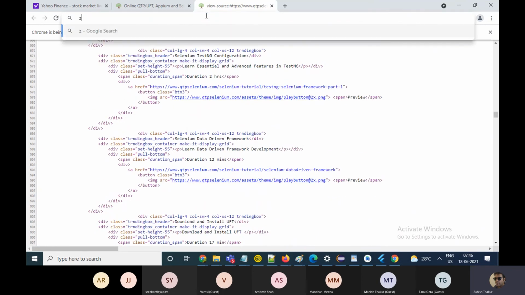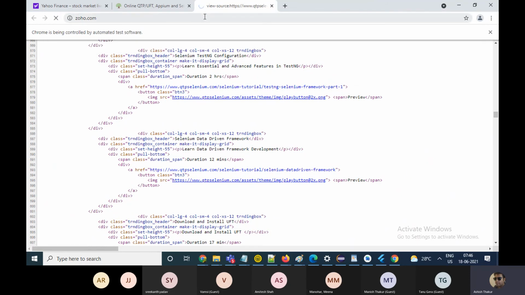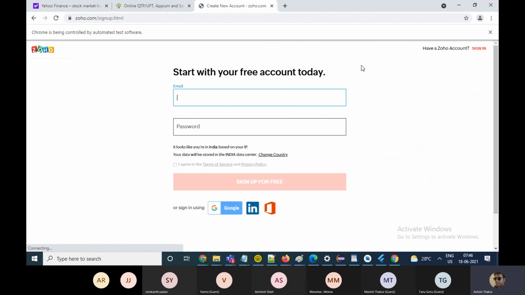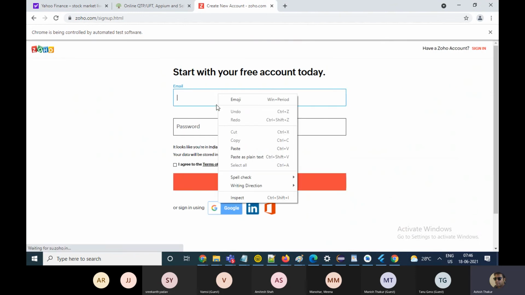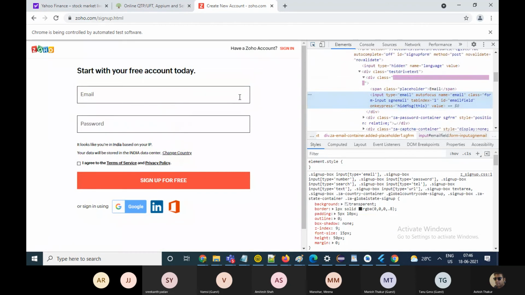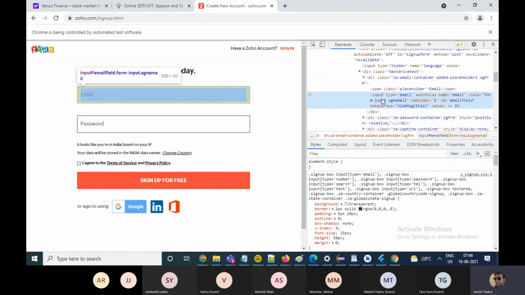For example, if you go to zoho.com and look at the sign in link, if you investigate this link, this is an input tag.